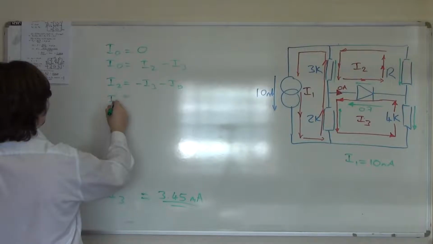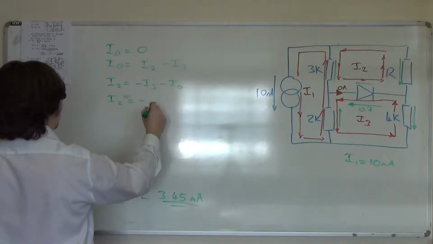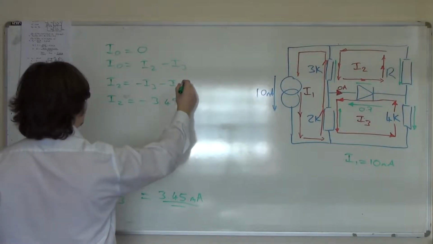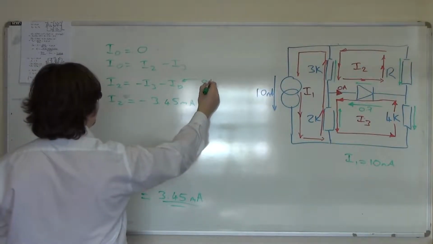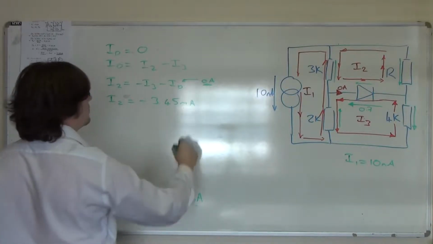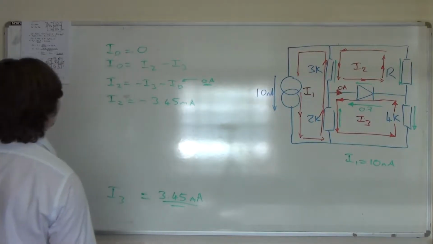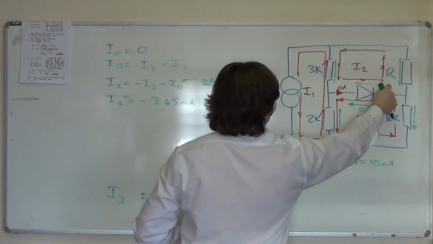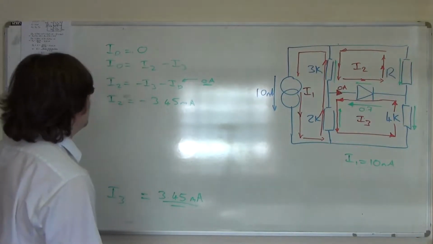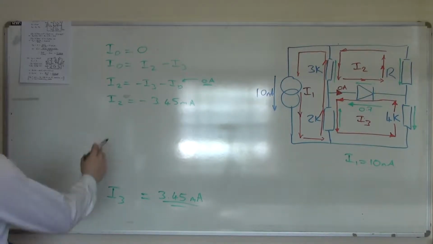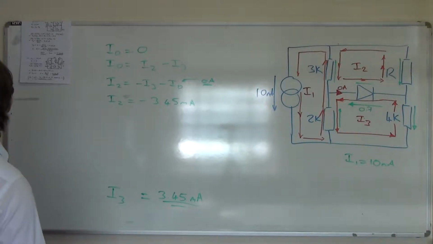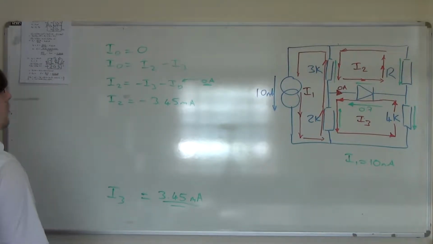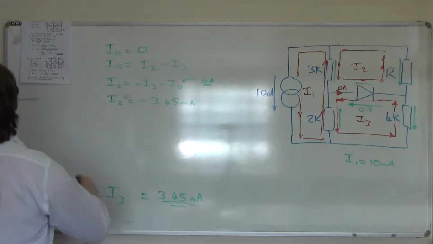So we've got I2 is equal to minus 3.45 milliamps. And the reason is this bit here is 0. And the reason it's 0 is because the diode is on the edge of conduction. So we've got to do something to R to make I2 minus 3.45 milliamps. So from our original set of equations, which I've now rubbed off for the I2 loop, I had something